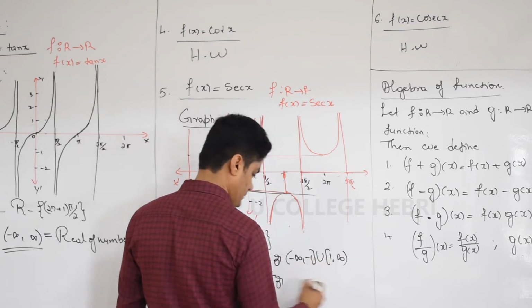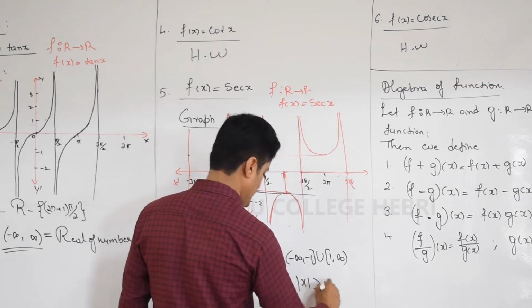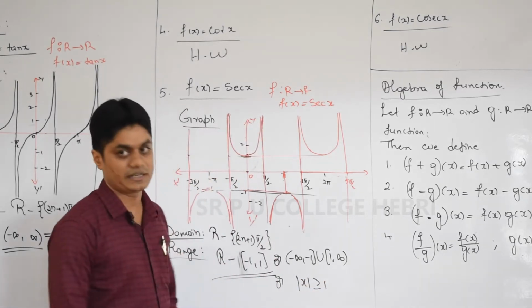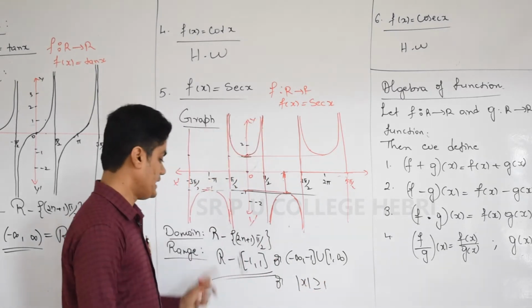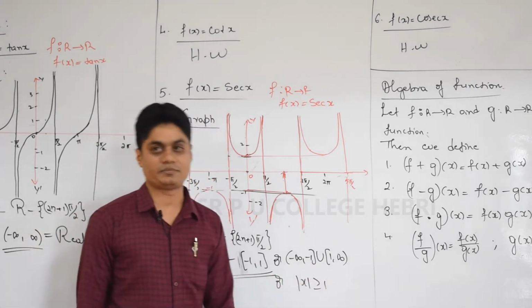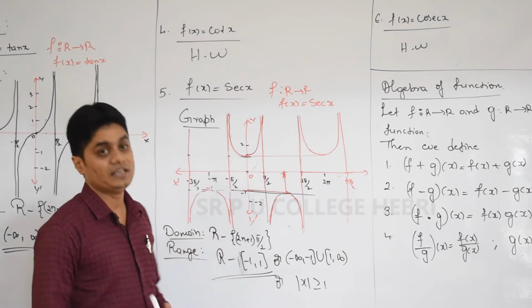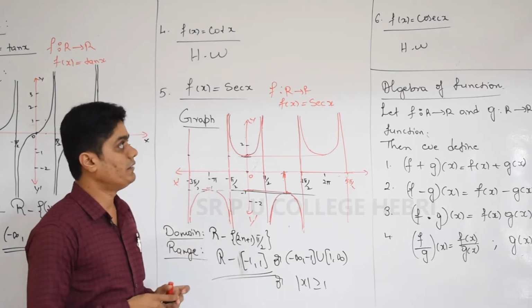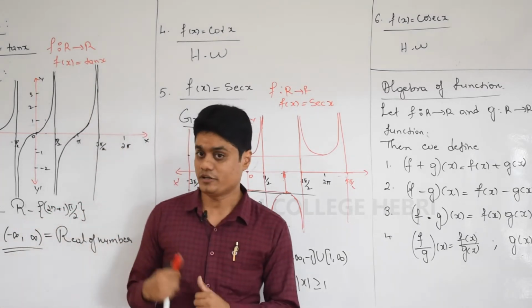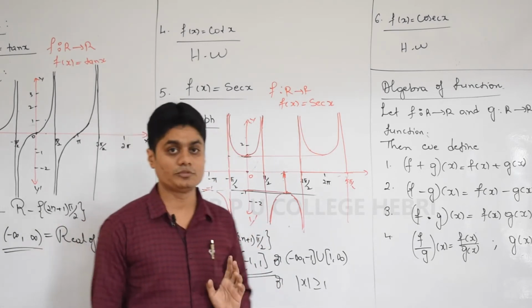Or in some textbooks they will use this symbol, but don't get confused. Mod x greater than or equal to 1 is nothing but R minus (minus 1 to 1), or this expression. So remember the shape of the secant x graph. One more homework, just like cot x: you are going to answer one more problem as homework,